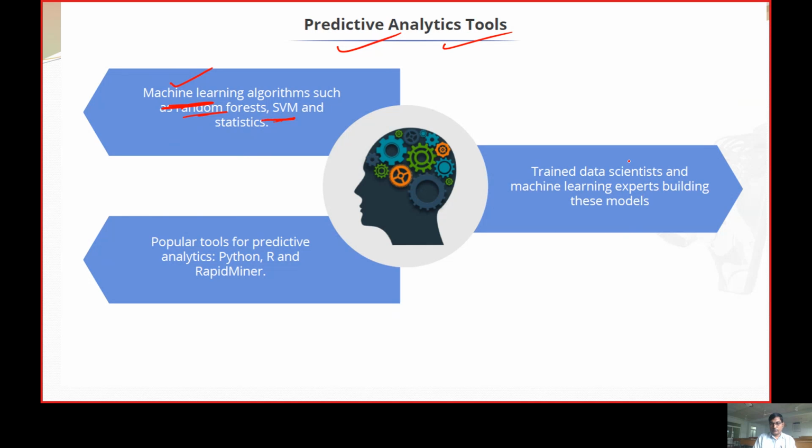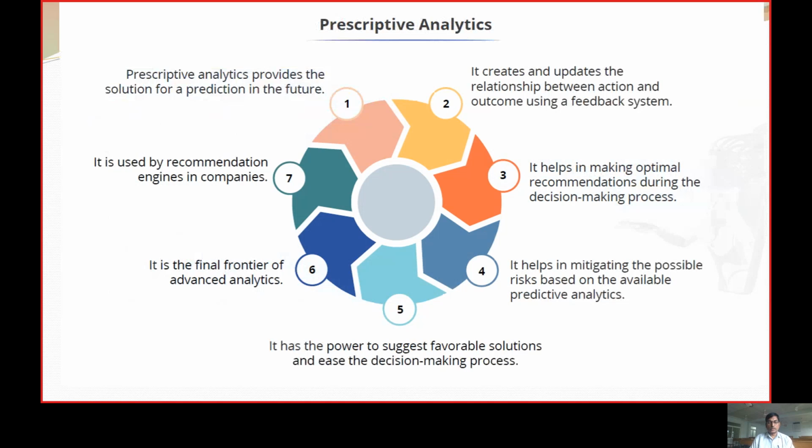They are purely built by data scientists, who are trained on how to build the models. That is where machine learning experts come in and build the models. To implement these predictive tools, the trending options are the R language, the Python language, RapidMiner, and Informatica. There are proprietary and paid versions. There are a number of tools, but the popular ones are R, Python, or RapidMiner. These are some of the tools used for predictive analysis.